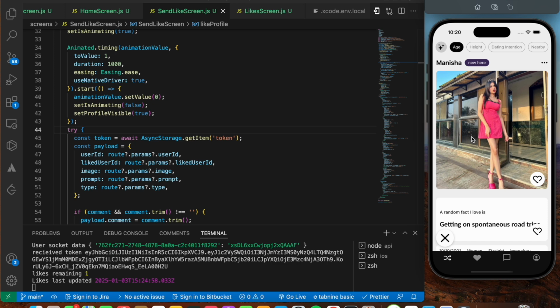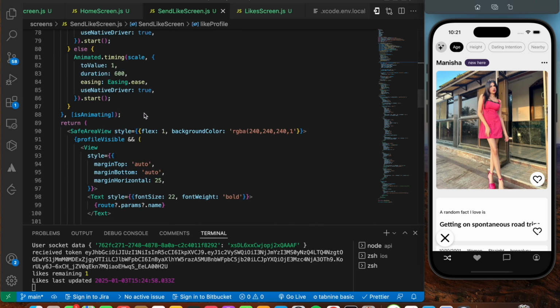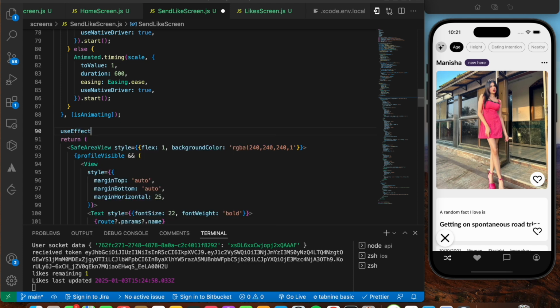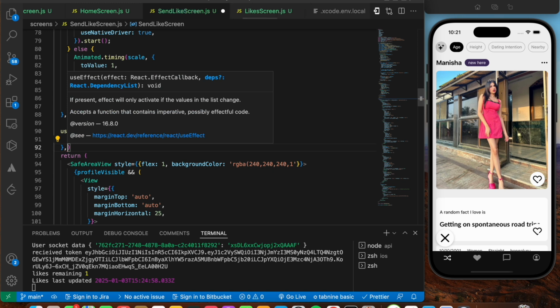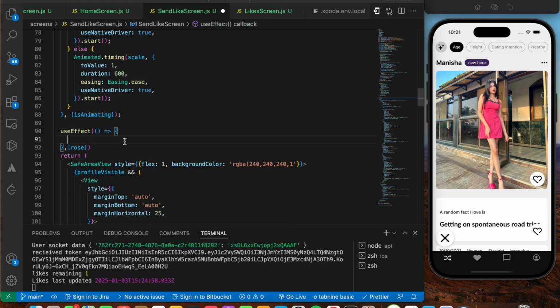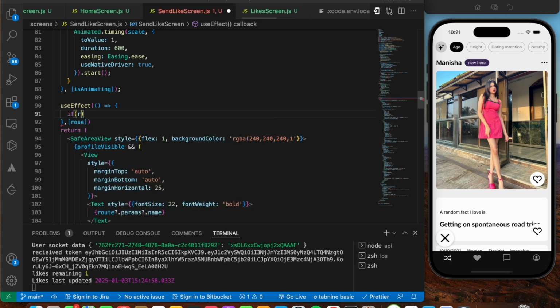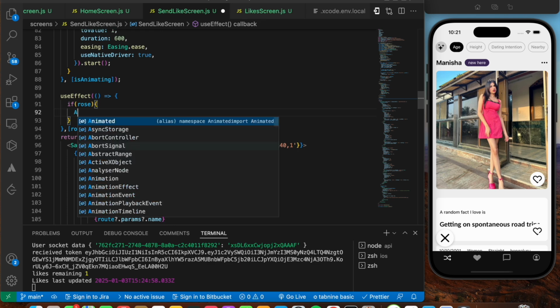Let's implement the next part, that is your roses part, okay. So for that, we need to initialize another use effect that is for the animating part. So below this, I'm going to say use effect. This in turn is going to be dependent upon your rows. Here again, we're going to write in similar conditions. I'm going to say if rows is selected, that means if the animation is in progress,